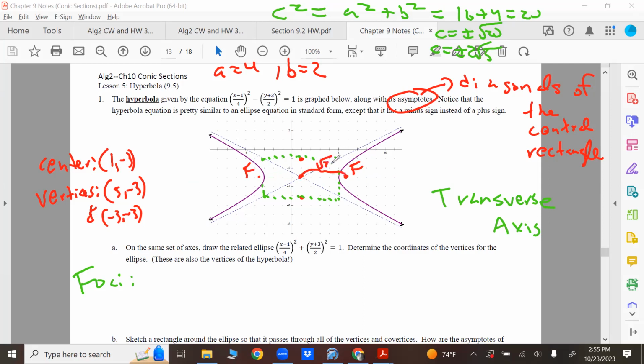Where that's root 20. So it's the distance away from the center. Yeah, that's your foci. Okay, I think I know the asymptotes. I do want you guys to state the equation of the asymptotes too. I know you guys are not going to like me for that, but